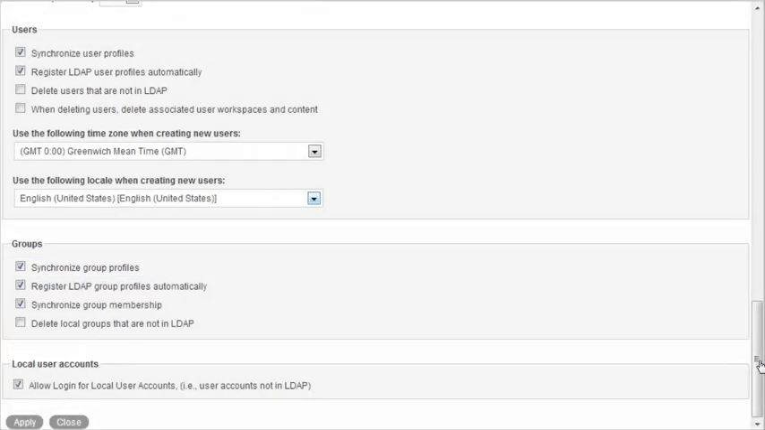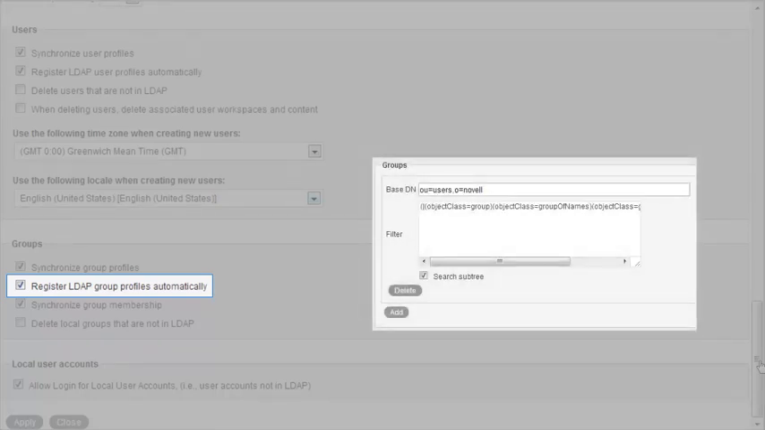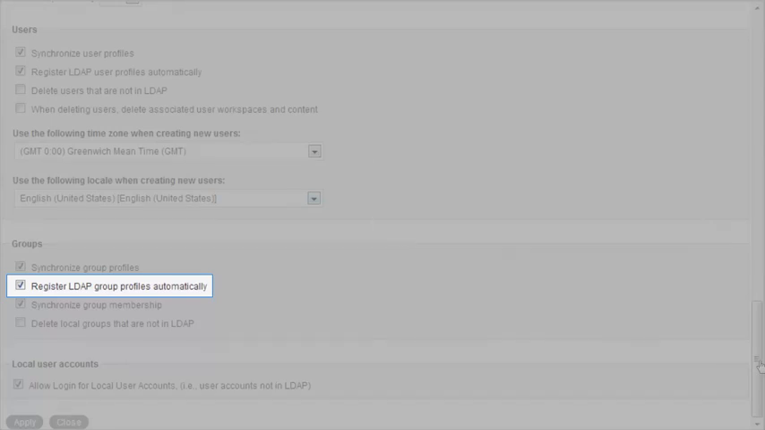Next, select to register LDAP Group Profiles automatically, to synchronize the LDAP groups that you identified earlier, in the Groups section, to the Filr site. This ensures that users who have access rights to files through a group membership will have access to the same files within Filr. This also allows users to share files and folders with groups that have already been defined in